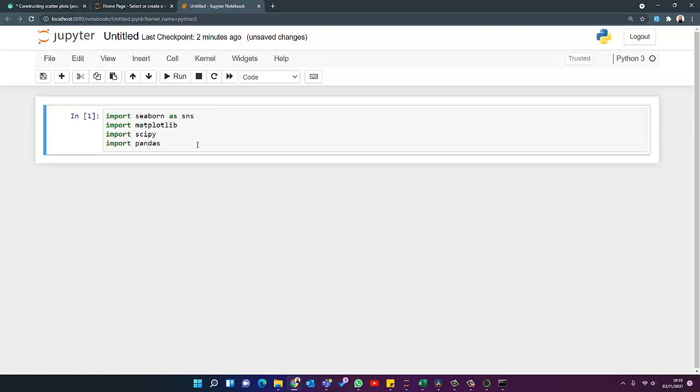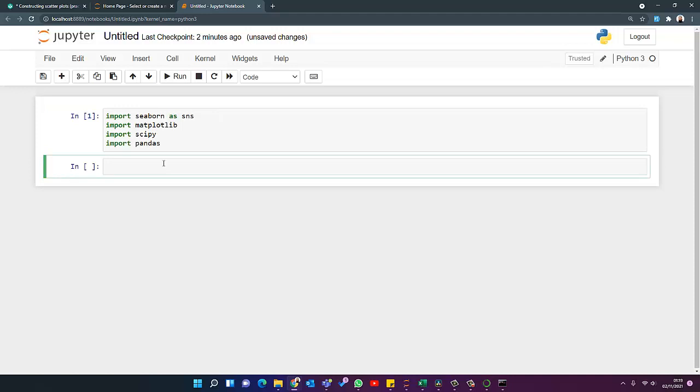After importing these libraries, there are some predefined datasets in Seaborn. Let's find out what datasets we can use from Seaborn. For that, we will write print and then sns.get